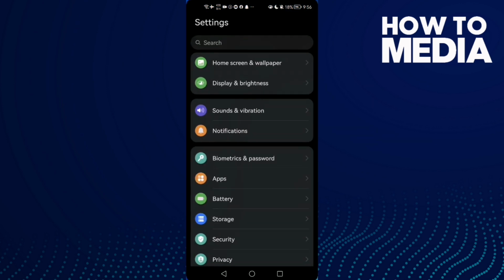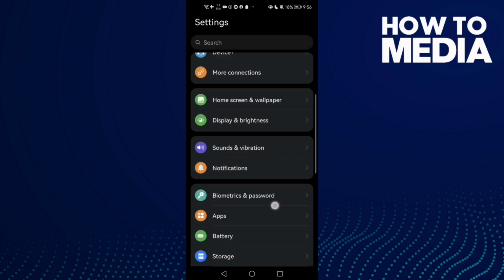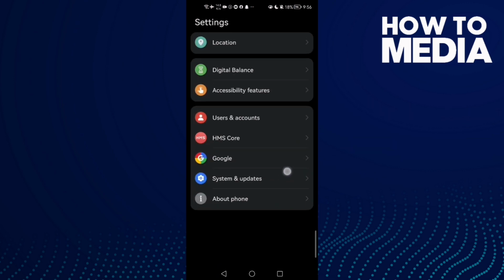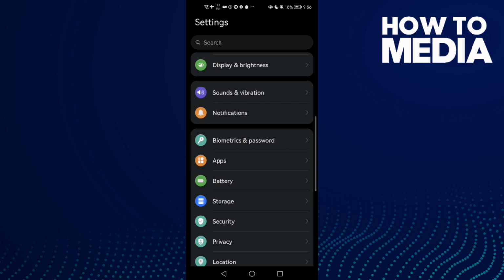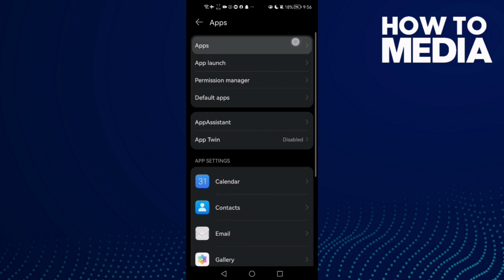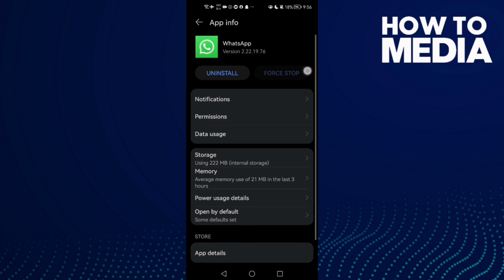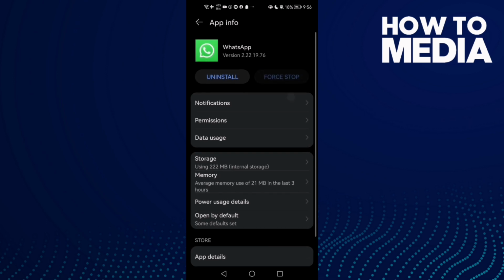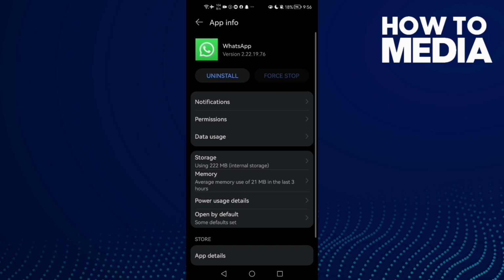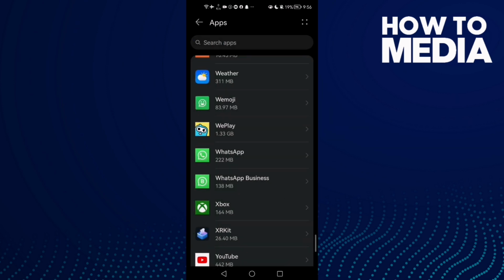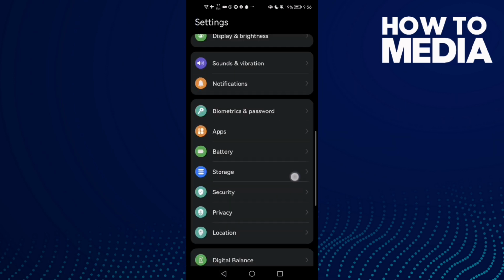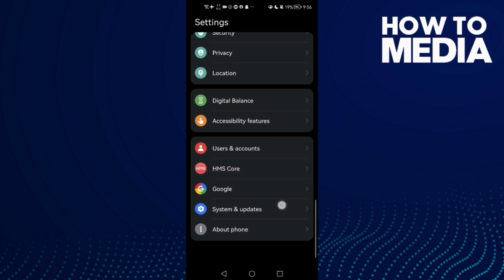First, open settings and then scroll down until you find apps, and now apps again. And here you need to find WhatsApp. First you need to click this one here and force stop, click force stop and force stop it, and that's it. Now just go back and go to system and updates,